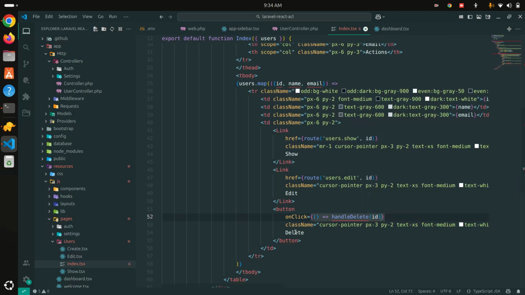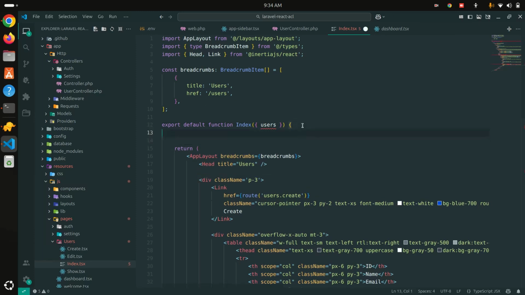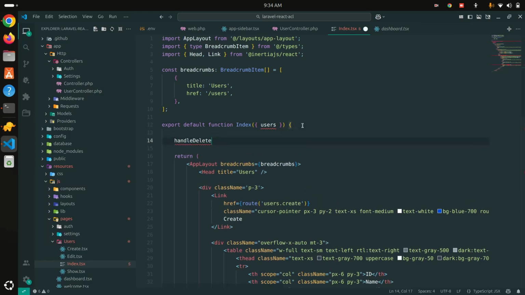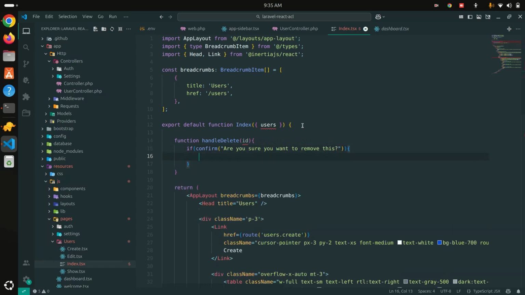Okay, so save it. And now let me create a new method over here, handleDelete. So let me create this function handleDelete, and as an argument we are getting the ID. And first of all I am going to ask for a confirmation box. So if confirm, are you sure you want to remove this, just this way. And if they say yes, I want to remove this, then I'm going to use the Inertia.js